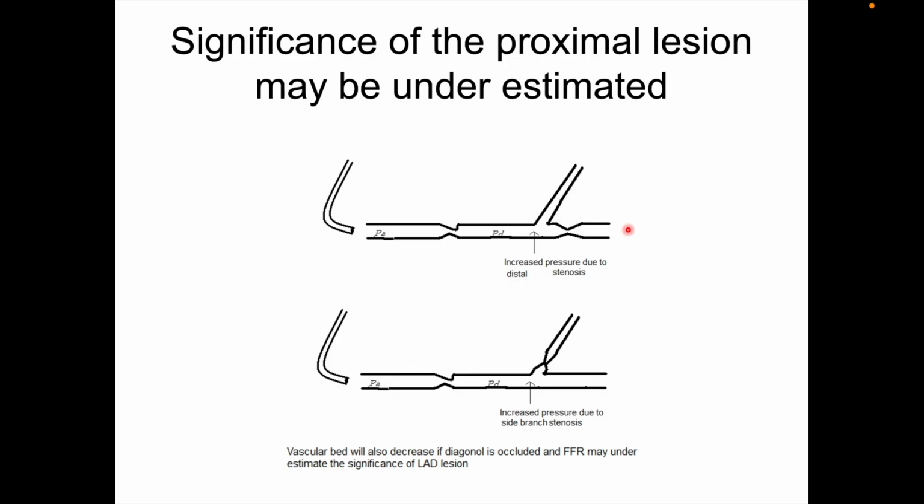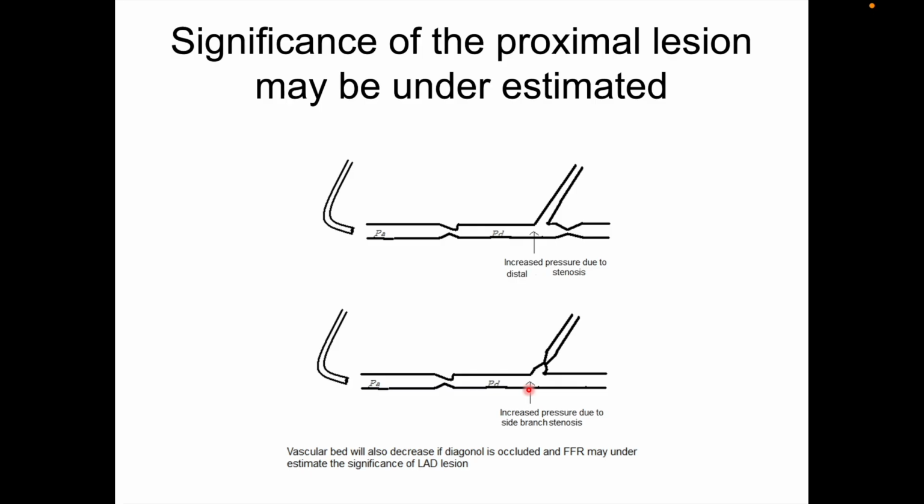But just to see the numbers between the two, FFR number here and FFR number here, may not be the true representation of the two sequential lesions. Now similarly, if you have a side branch lesion here, it is going to artificially raise the PD at this value at this point. So the PD for this lesion will falsely go up